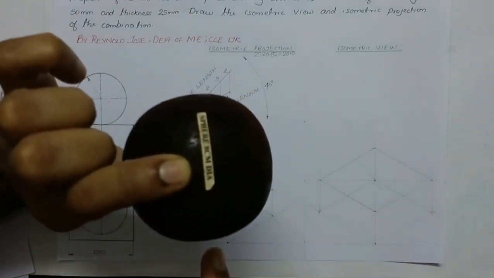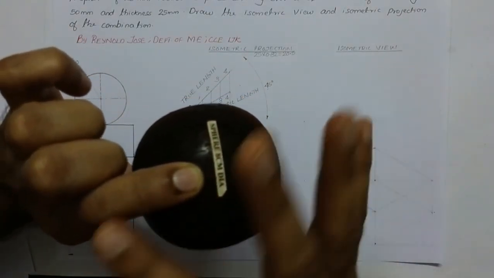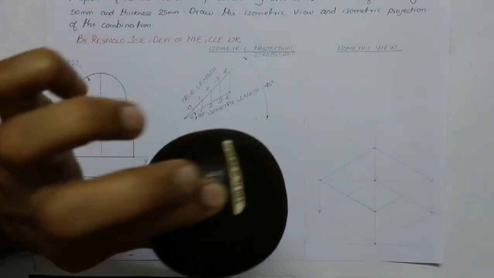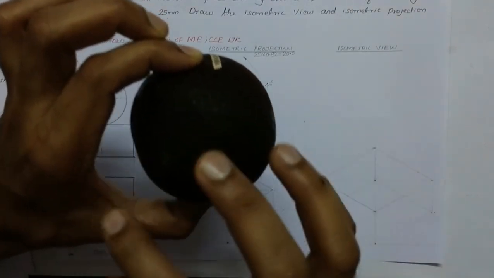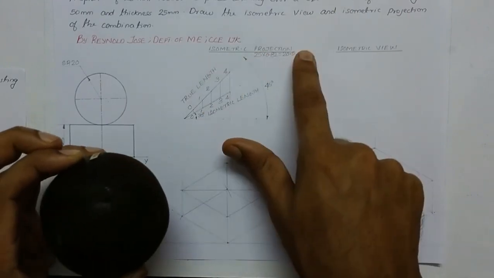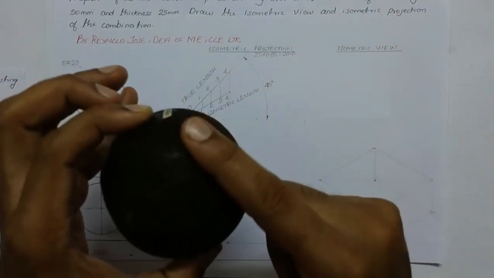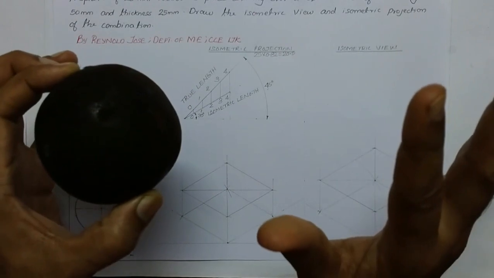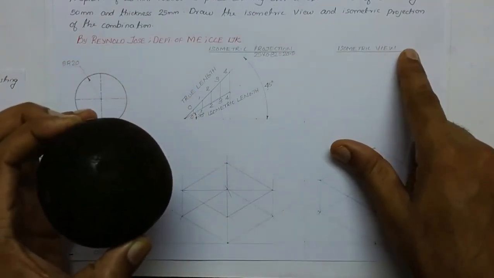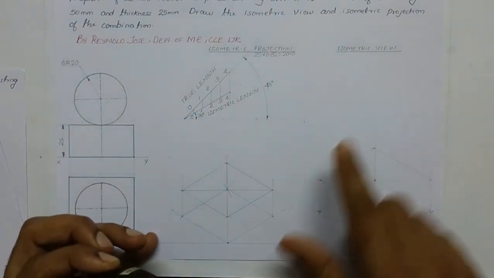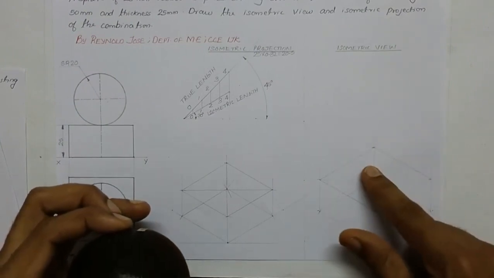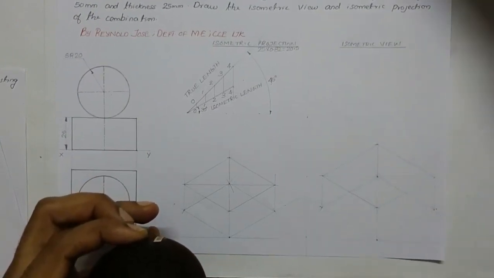In the top view, the front view, or the side view, in all views, whatever the tilting angle of the axis of the sphere, we won't have a reduction in the diameter of the sphere. So in the case of isometric projection, the spherical radius of the sphere is not getting reduced. Whereas in the case of isometric view, what happens? Here you know that when you are doing the isometric view, we are not accounting for the length reduction.